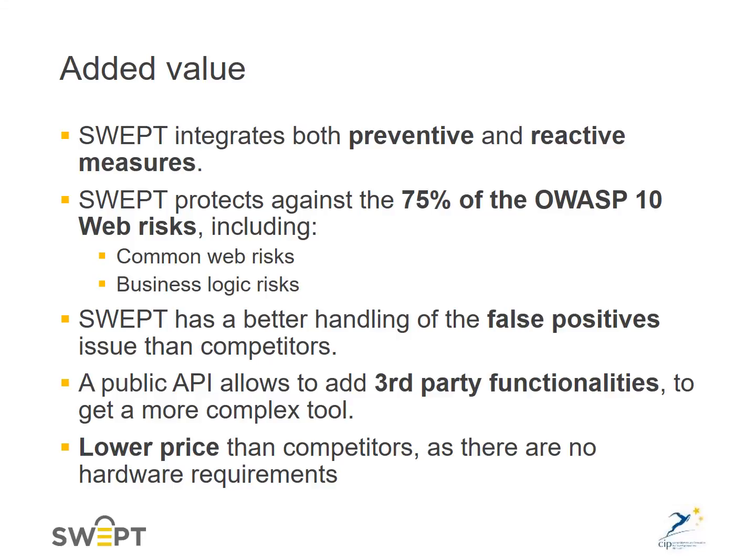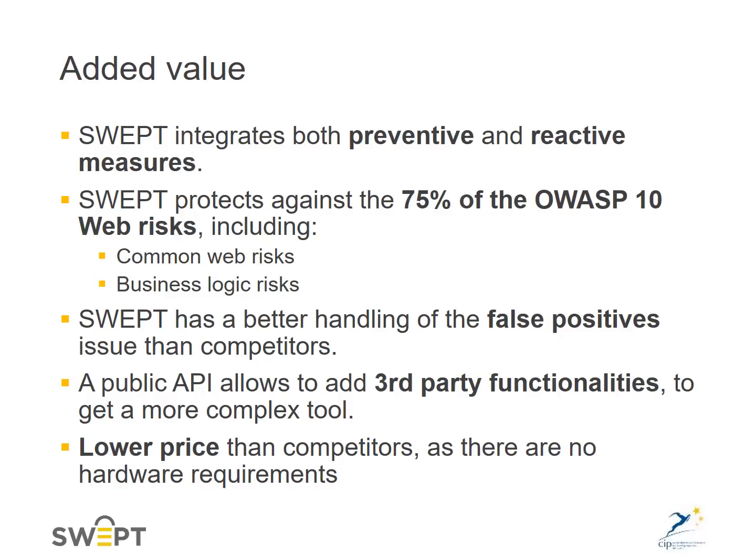The tools that SWEP integrates include both preventive and reactive tools. This gives two lines of defense. With these tools, 75% of OWASP top 10 web risks are protected against. And by combining results from multiple tools, SWEP can increase the accuracy of its results and have fewer false positives. The reports are also much cleaner by aggregating into a single unified report rather than having to read multiple reports